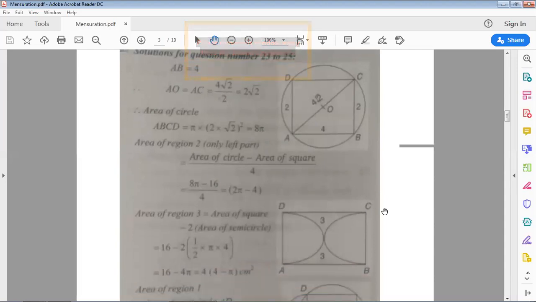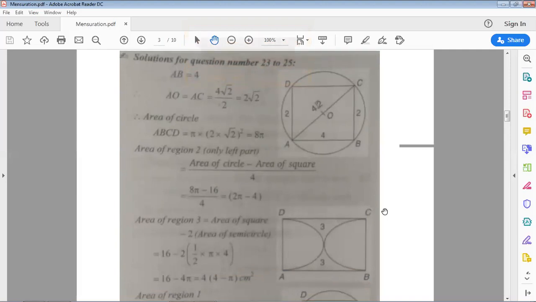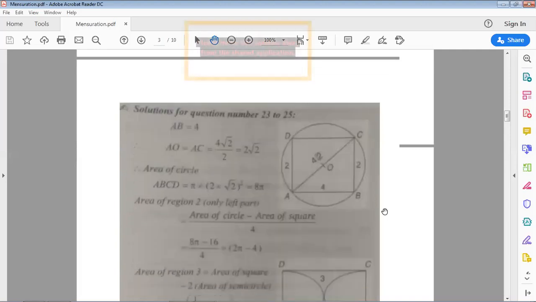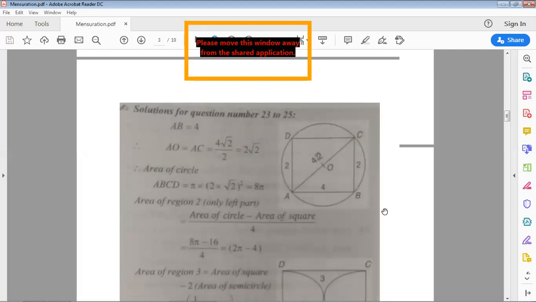What we have to find is the area of region 2. First of all, we get what region 2 is. Region 2 is this area. You can see it in the figure. So how do we calculate it? This is a very simple process. We calculate it by subtracting the area of the square from the circle and dividing it by 4. As we all know, the segments are equal, seeing the figure also, and there are properties of circle and square.